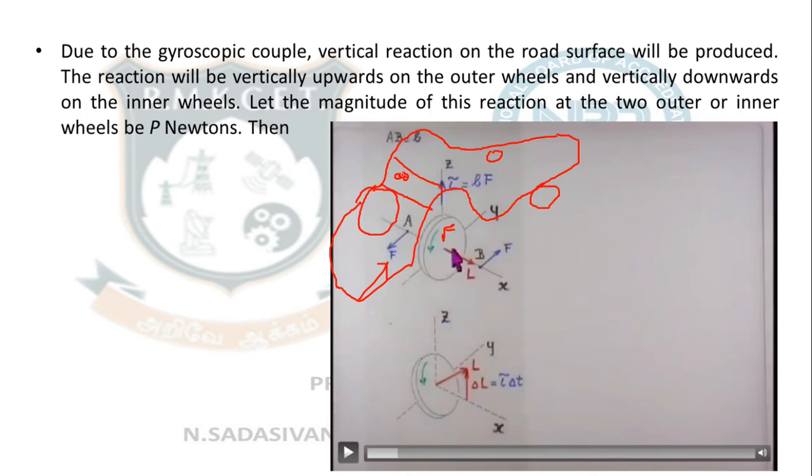So please listen to this very carefully, otherwise you will not understand this. Okay. So your driver is sitting here and the wheel of the car is spinning like this. So the car is moving forward and now you are going to take a turn. Are you clear with this? Okay. I will do it once again.